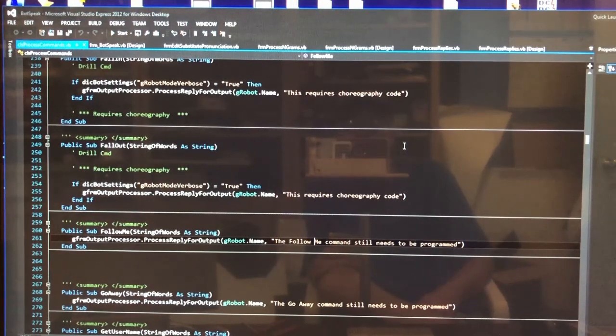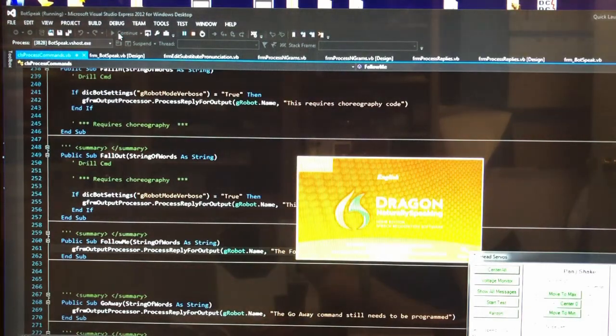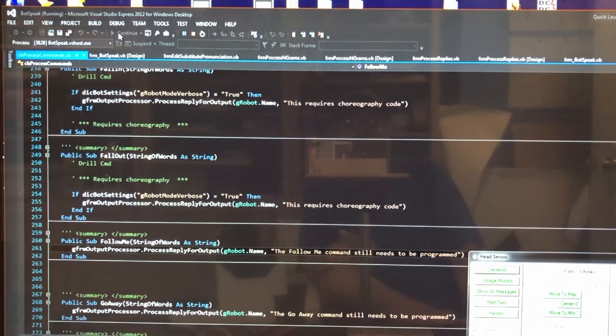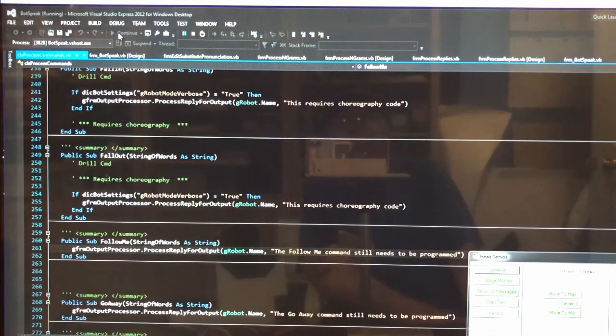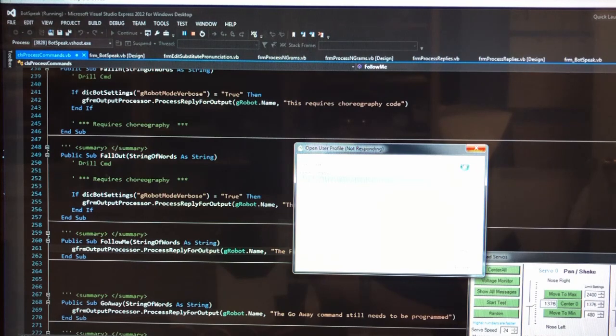Now I'm going to start my program, BotSpeak, in the integrated development environment, and we'll see what happens when Zoe starts up. I'm going to click on Start. Now you'll notice in the lower right hand corner and now in the center of the screen, Zoe's main program just started two other programs. At the very top of the screen, the toolbar for Nuance Dragon speech recognition has started and in the lower right portion of the screen,